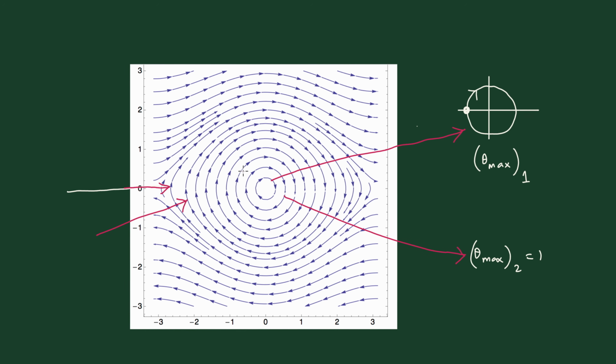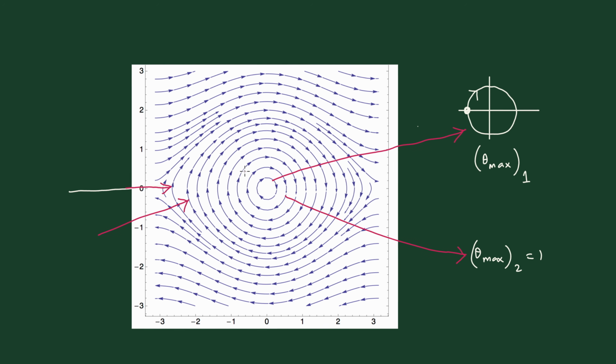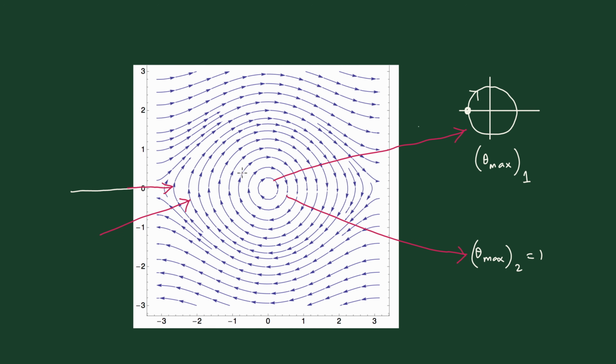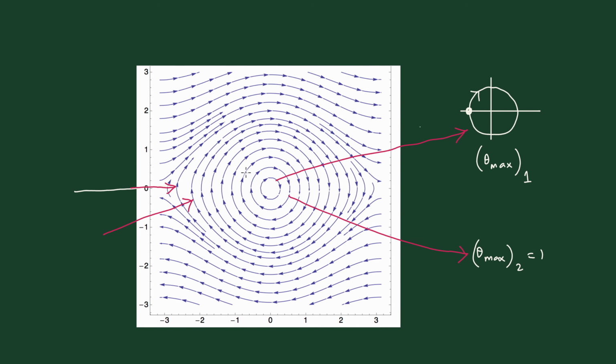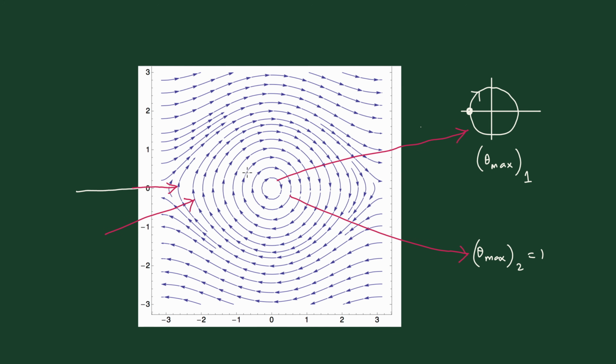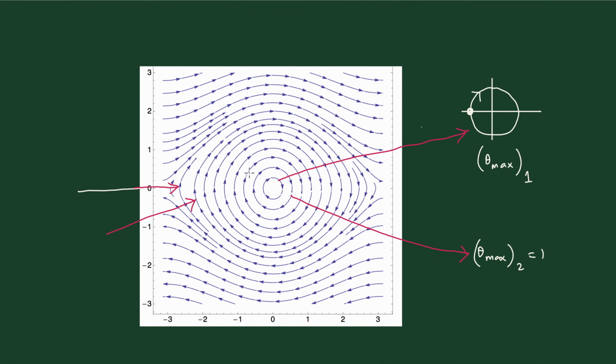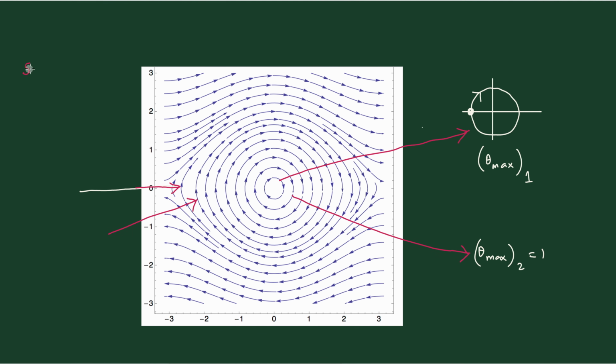So you see that some changes are taking place when you increase the amplitude. You can't say that every time you increase the amplitude, you will just get a bigger and bigger circle. Such a prediction is not possible. And why this is happening is everything because of the sine theta. If you ask why all these things are happening, the answer is it's all because of the sine theta. If the sine theta term is approximated as you do in school, then you get only a circle as the consequence. The circular one corresponds to sine theta approximately equal to theta.